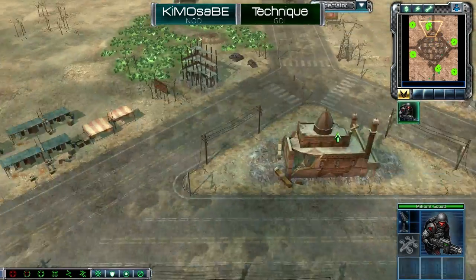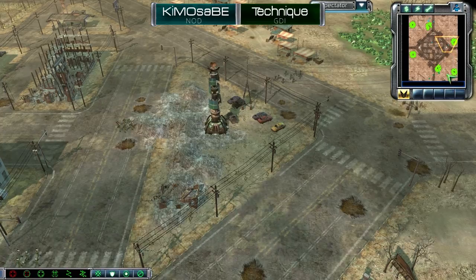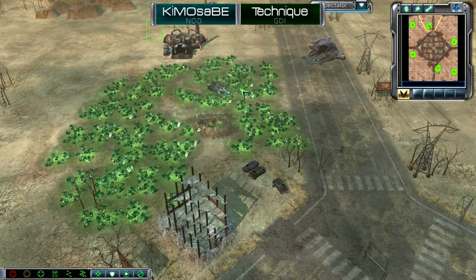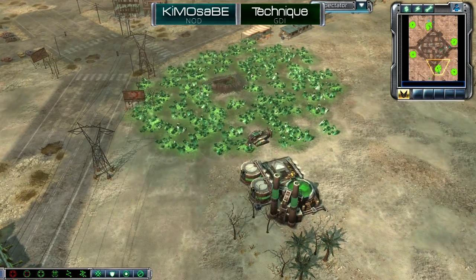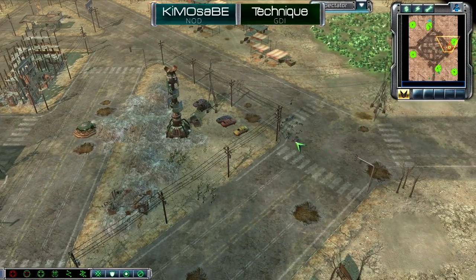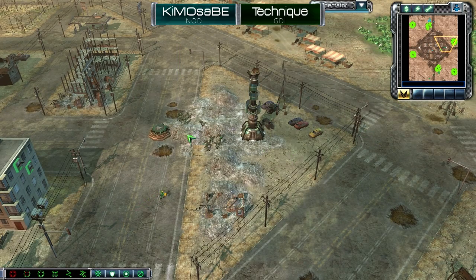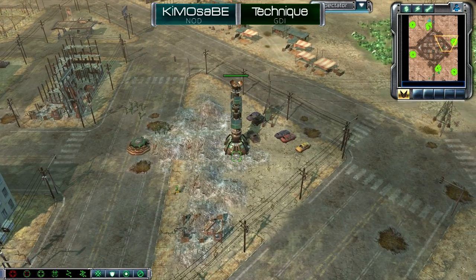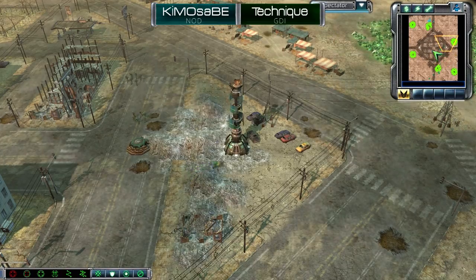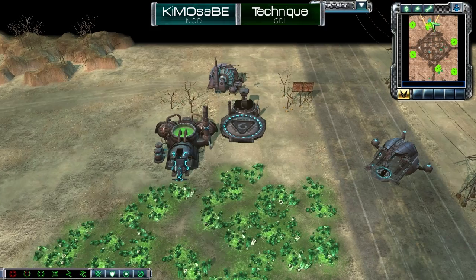Never mind, one scouting squad going to be heading down the center of the map, instead foregoing actual engineers to get out his refinery just a little bit sooner than Technique. I do believe the timing was just a little bit faster for KiMOsaBE. Technique able to, of course, clean up KiMOsaBE's initial infantry squads, and then he will be able to hold down this Tiberium spike with that foxhole, at least momentarily, as we head into the first war refinery going down for